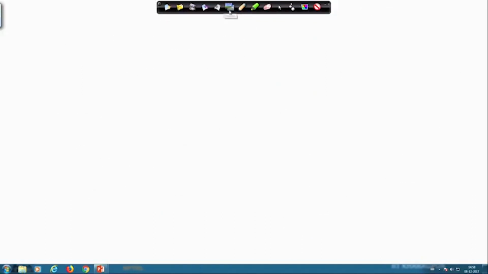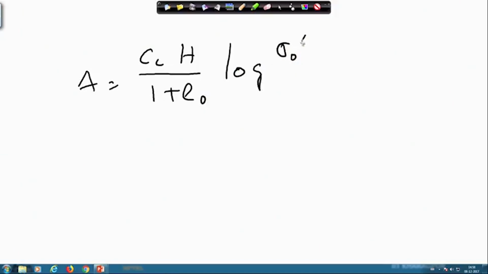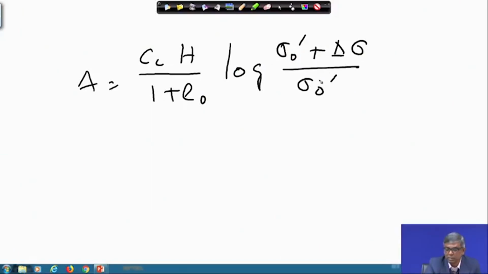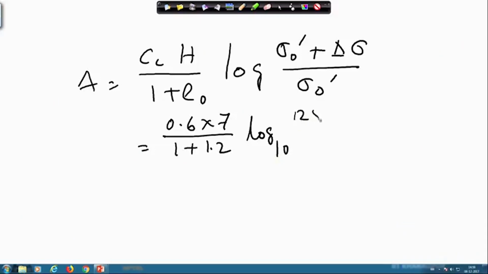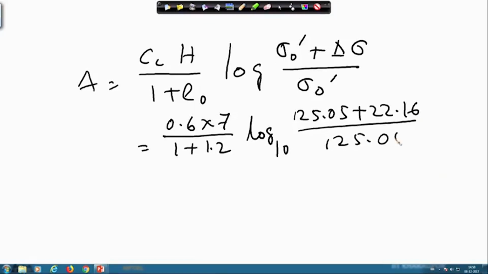Now our formula was delta H will be equal to C c into H by 1 plus e naught, log of sigma naught dash plus delta sigma divided by sigma naught dash. So, if I do that, C c is 0.6 into H is 7 divided by 1 plus 1.2, log, this is of course base 10, of sigma naught dash, which is 125.05, plus 22.16, divided by 125.05, and if I do this calculation, then finally we will get